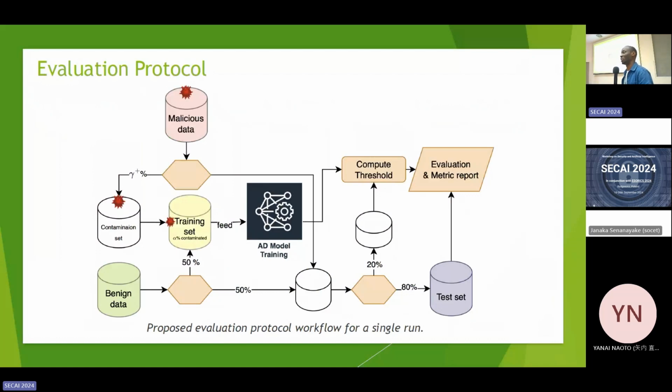We're not poisoning the data set by manipulating the features, but we take a data set that already contains network flow related to attacks, and then we take those attacks and inject them into the training set, which should contain only benign traffic. So we are not manipulating the